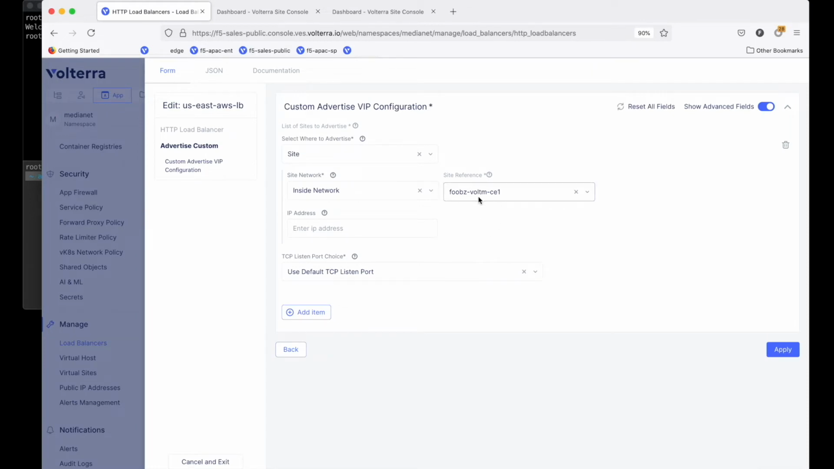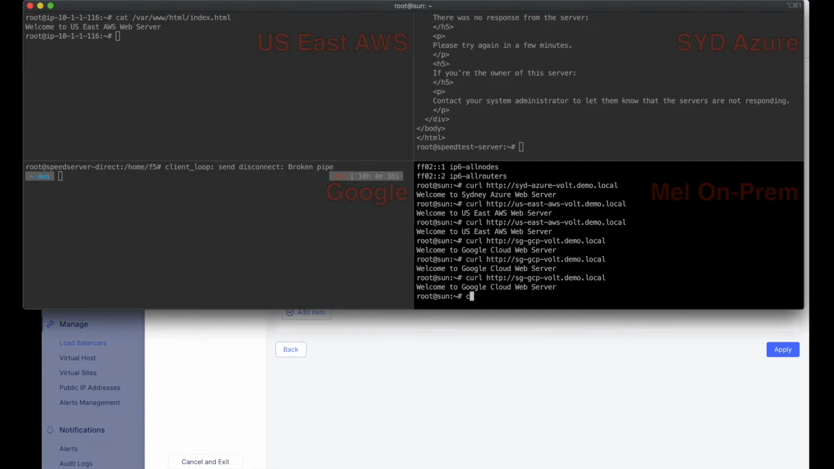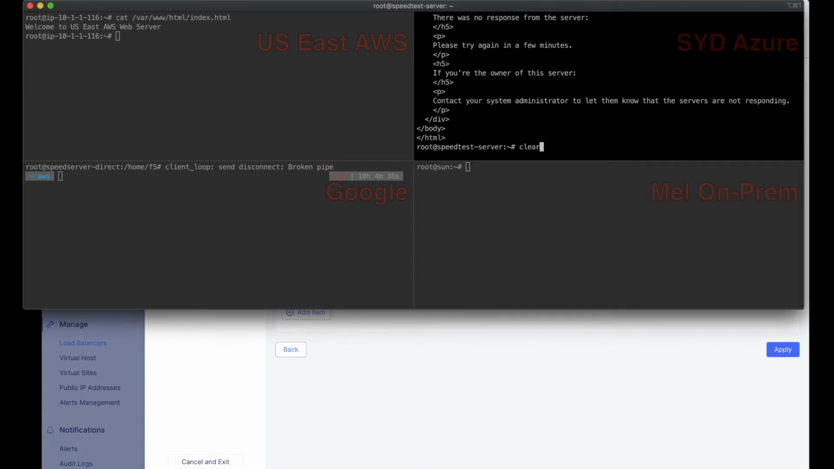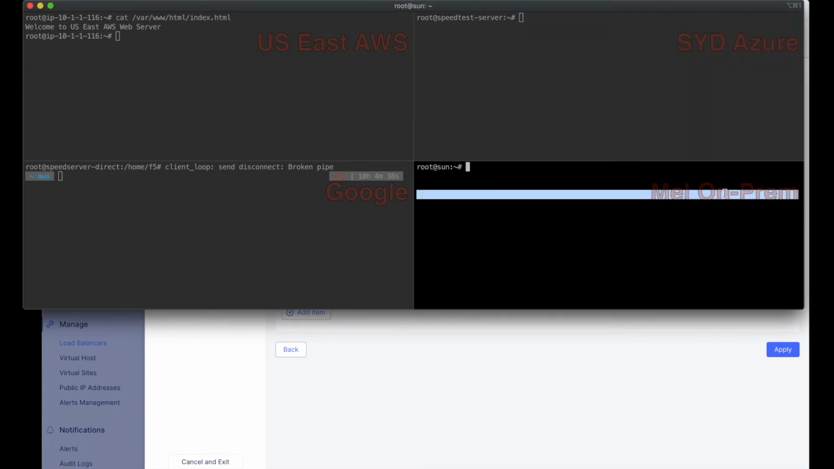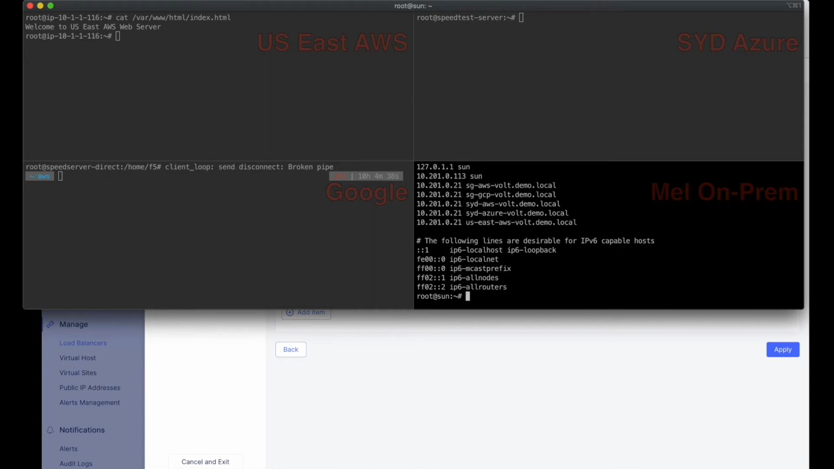This web mesh CE1 is a web mesh that runs in the Melbourne lab. For example, I'm trying to run this on the Melbourne on-prem. I already pre-logged in. If I look at the host file, all these FQDNs are actually pointing to the web mesh. 10.01.0.21 is the web mesh. So if I do a curl HTTP to this one,